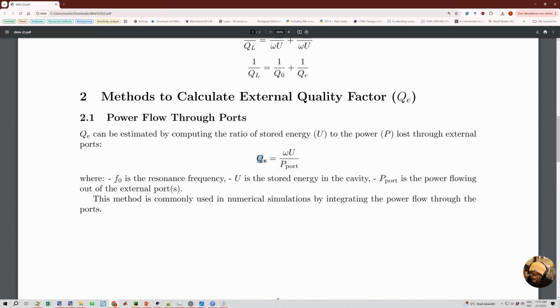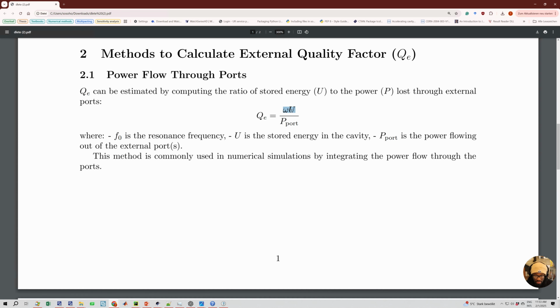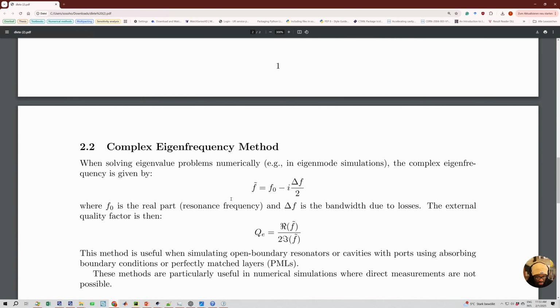Now in CST 2022, I have 2022 installed here. I have 2020, but I haven't checked. But in 2022, you have some external quality factor. Okay, maybe when I'm discussing it, then I'll come back to this. You have some external quality factor, which I checked in the documentation, and it seems that this is what they were doing: calculating the power from the port and then finding this ratio. Also note that the energy in CST is normalized to 1, so this would just be omega divided by P port. Then the complex eigenfrequency method, which is the one I usually use,